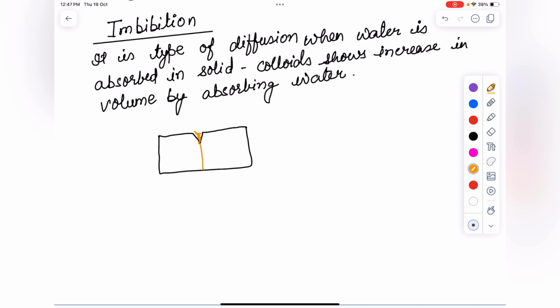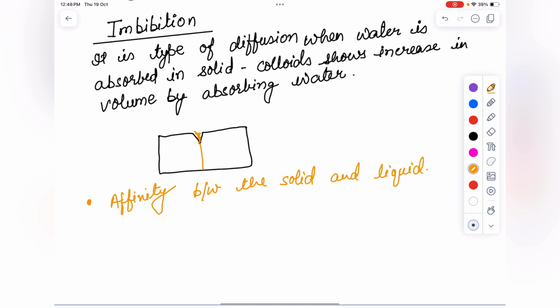अगर इम्बाइबिशन नहीं होता तो सीडलिंग्स के अंदर, it will not grow and they cannot emerge out of the soil into the open. They probably would not have been able to establish. अगर सीड में इम्बाइबिशन नहीं होता तो सीडलिंग भी it is not possible. Because of the imbibition, the seed can absorb water. This imbibition has the affinity between the solid and liquid. It moves according to the concentration gradient.